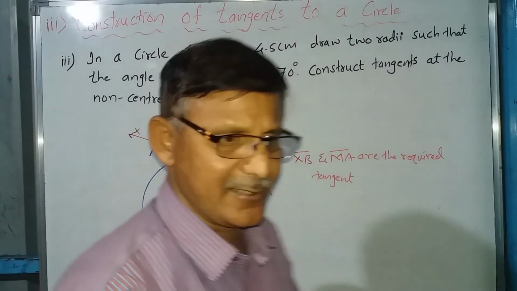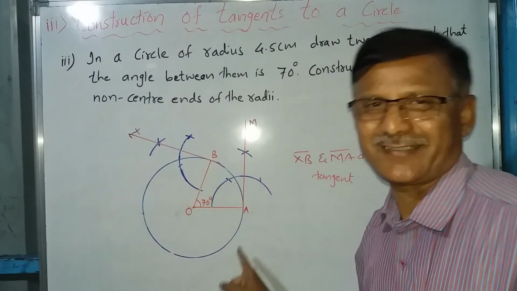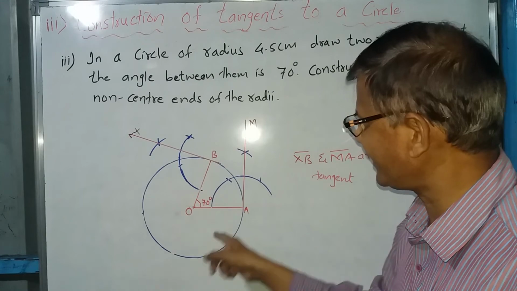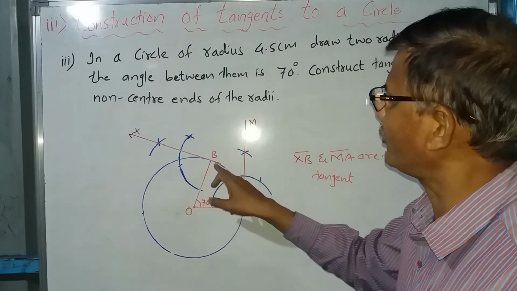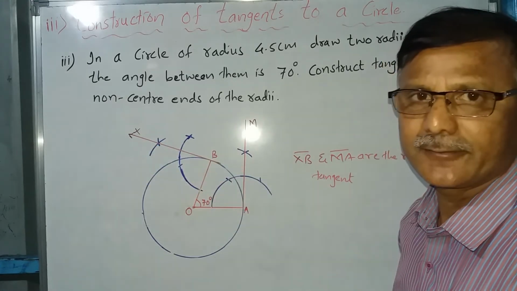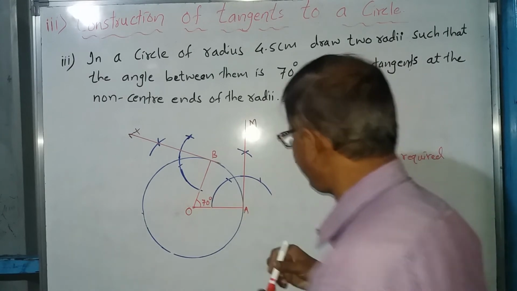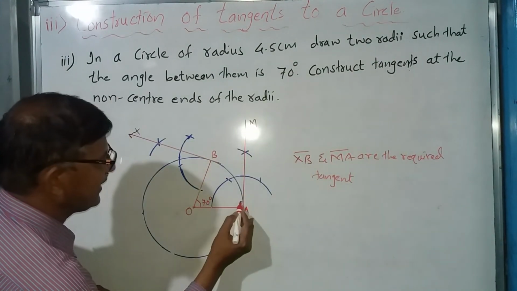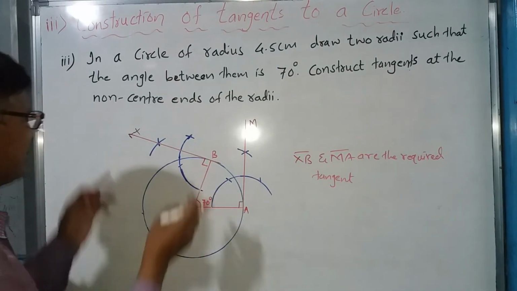In all these three examples, just see that the points are on the circle, and at that point you have to draw a tangent. And I have already told in the first example, if you want to draw the tangent at the point, then you have to draw a perpendicular at that point. One more thing for your verification: you measure this angle. You will find that this angle will always be 90 degree. Here also, this angle will be how much? 90 degree. Correct. So these are the two tangents.